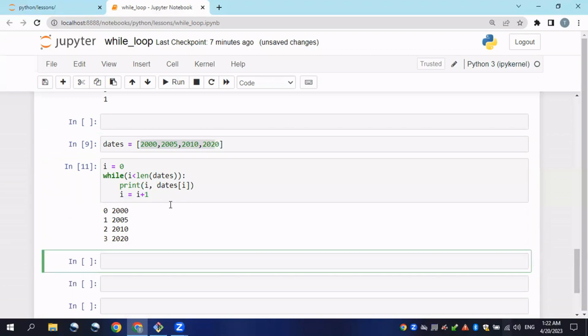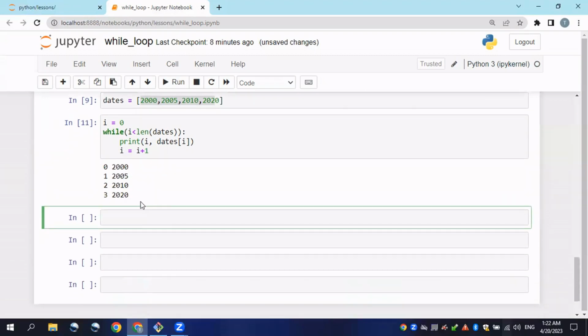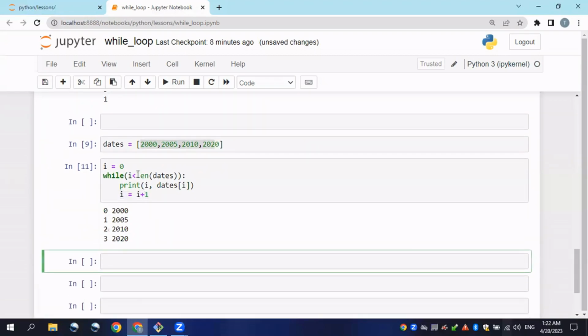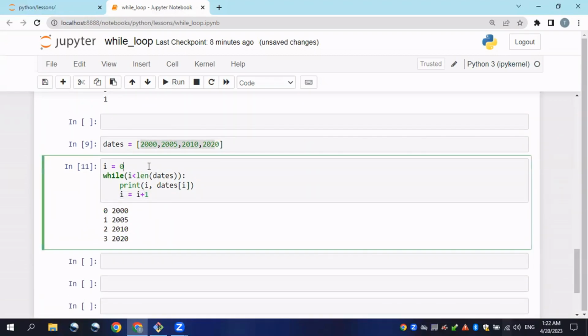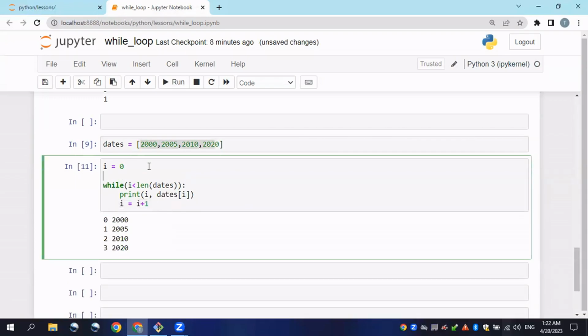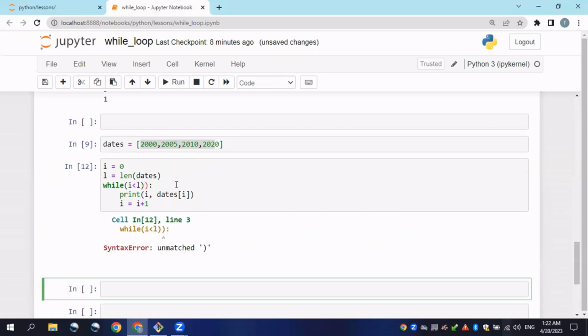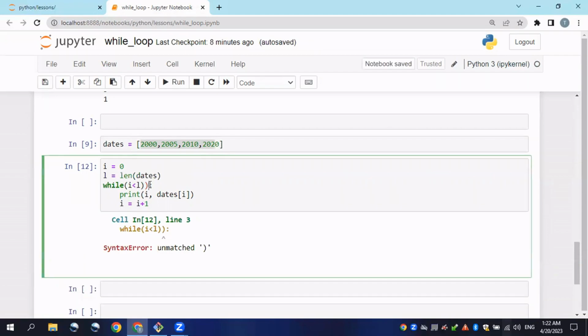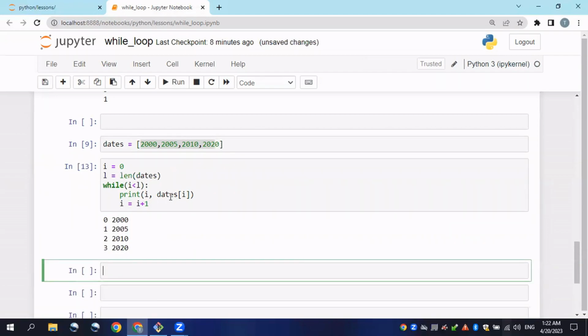You could see I can even assign it like this. It should work with the position index numbers here, or instead of the length, I can give it to a variable, like L equals this length of dates, and assign this variable here if I want, for simplicity. Click enter. It should work. Okay,